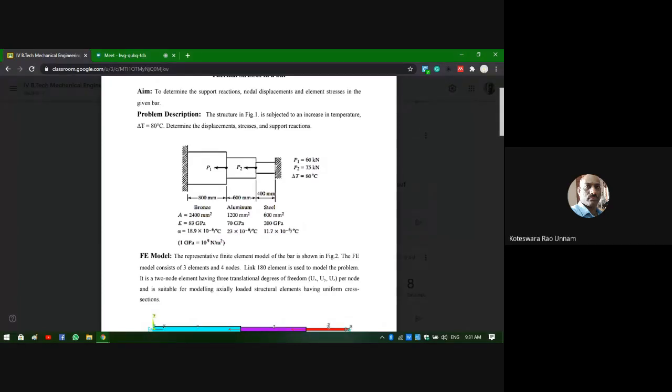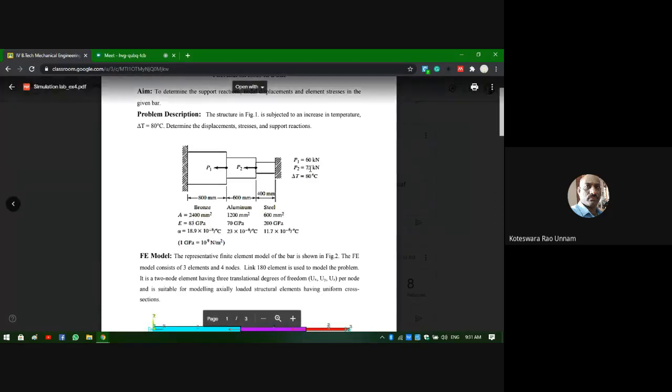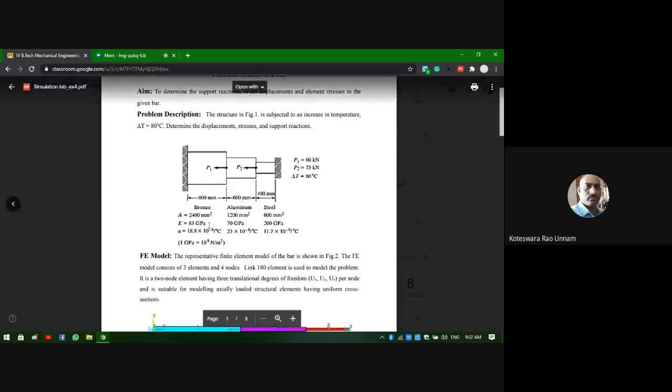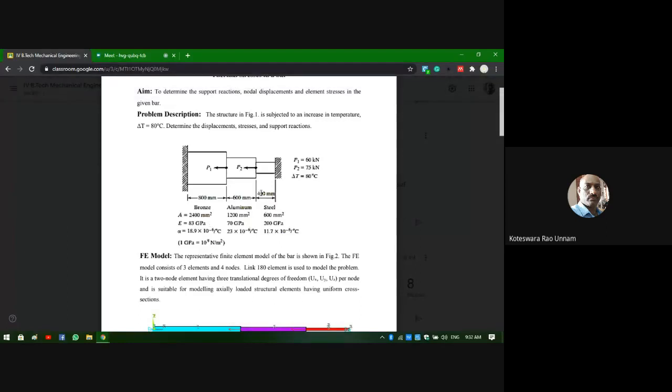So which is 1400. But here one more important point you need to remember is, length dimensions are given in mm, area dimensions are also given in mm square, but Young's modulus is given in GPa. So you need to convert that into Newton per mm square. If I convert E into Newton per mm square, then the point loads P1 and P2 that I am applying, which he has mentioned in kilonewtons, you have to input as Newtons only, not kilonewtons.